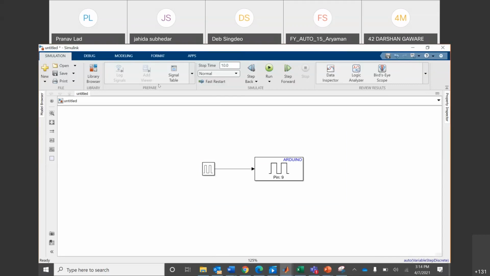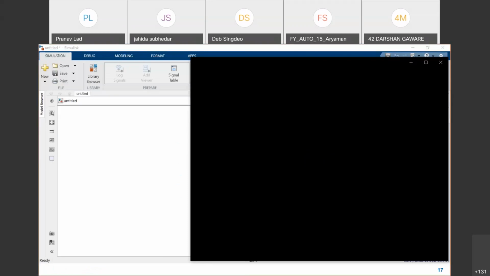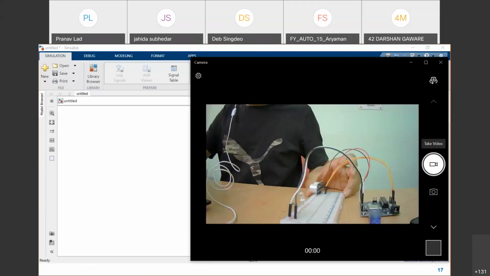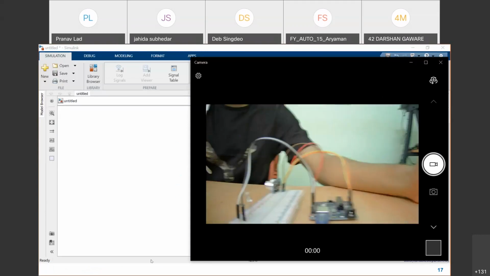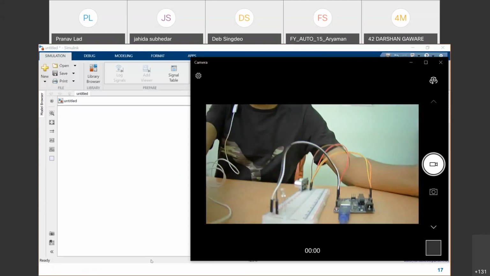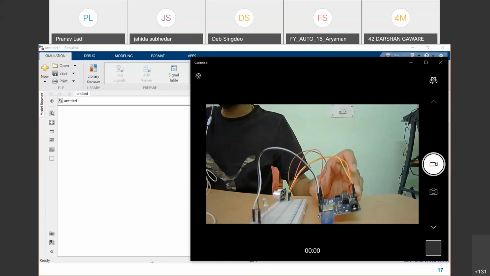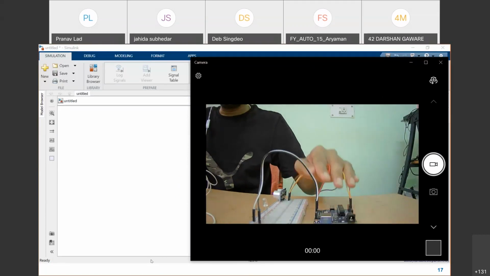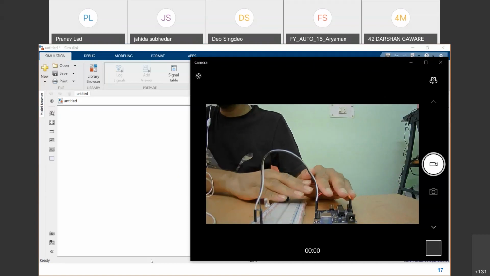Let me just show you my screen. Yeah. Hopefully, my camera is visible to you, and the Arduino board is also visible to you. So this is the Arduino board we are using right now. Forget about all these connections; we'll be using these in a later stage.